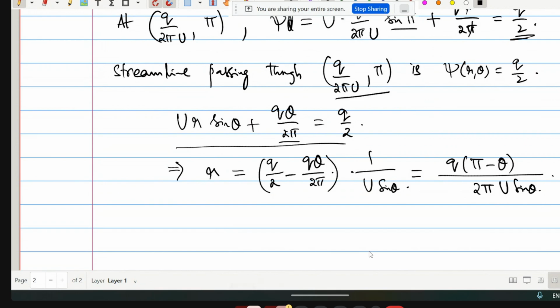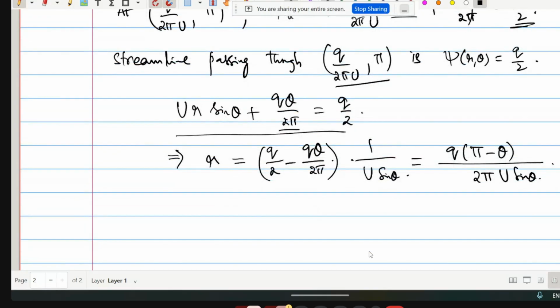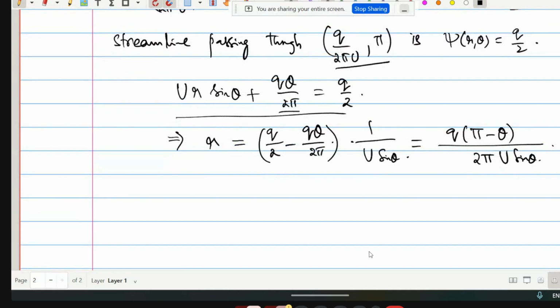Is this correct? Yeah, this is correct, right? So what is your r at theta equal to 0? R is infinity, right? Sin 0 is 0. So that,